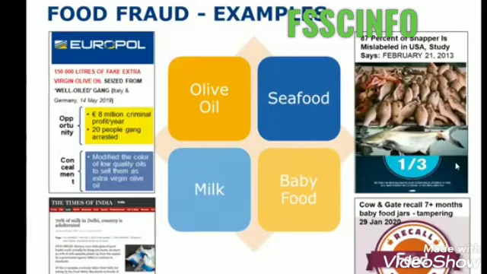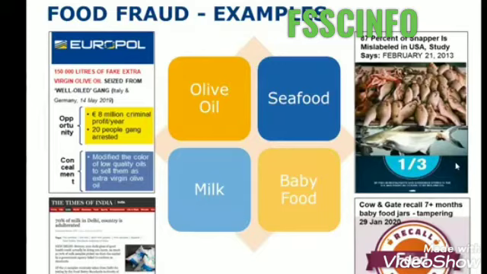A very recent example is Europol. I will give you details on what Europol is. Europol is basically a European intelligence authority that works with the enforcement authorities of all the European countries, and they do combined raids, and their operations are called Europol operations. So I can give you just one example which happened recently, in May last year.